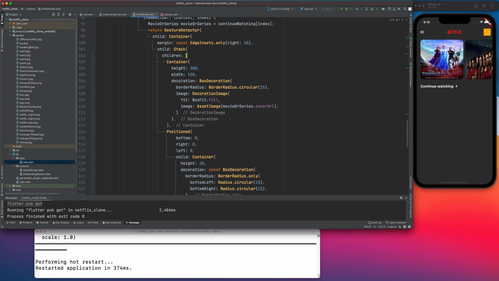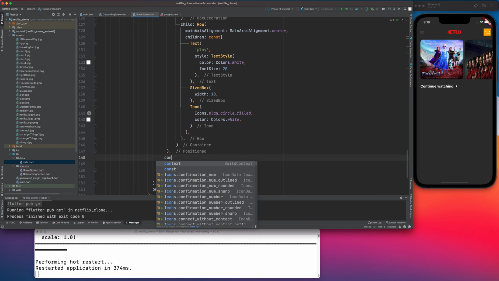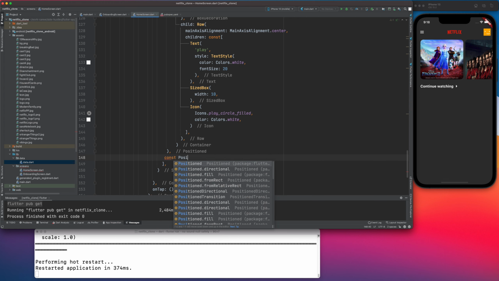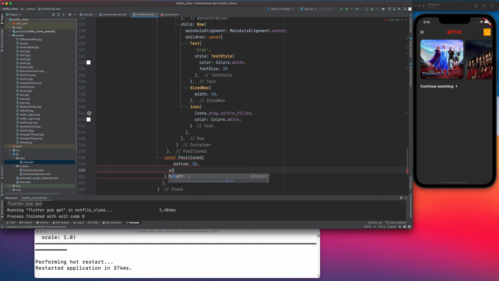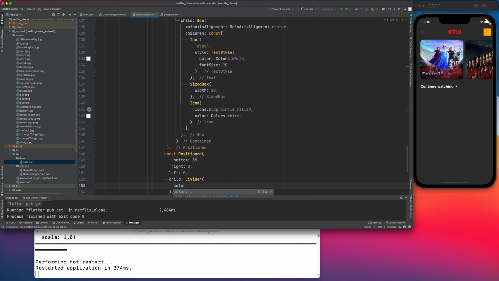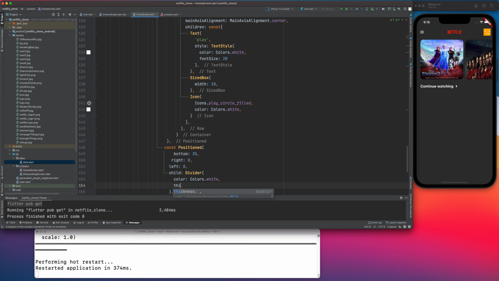Or this is part of this stack. Okay, cool. So here we should have another const positioned. So here we'll have a divider. Basically it's a small settings that we need. Bottom 35, right 0, left 0, child divider, colors dot white, thickness 4,